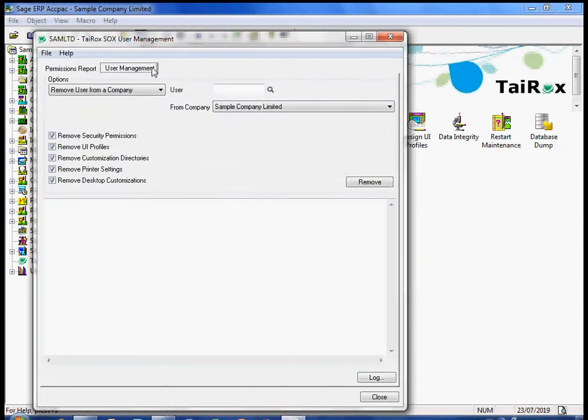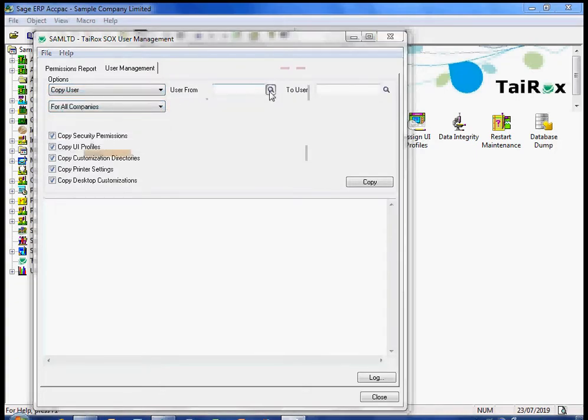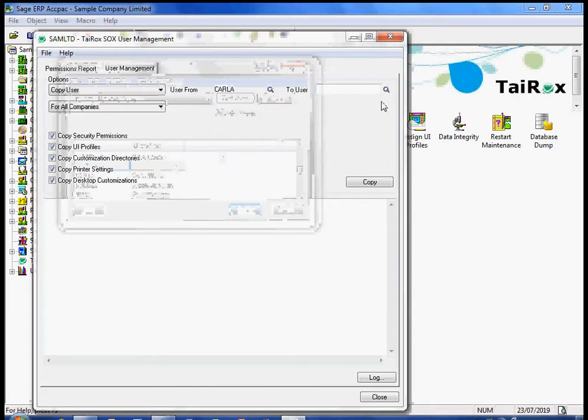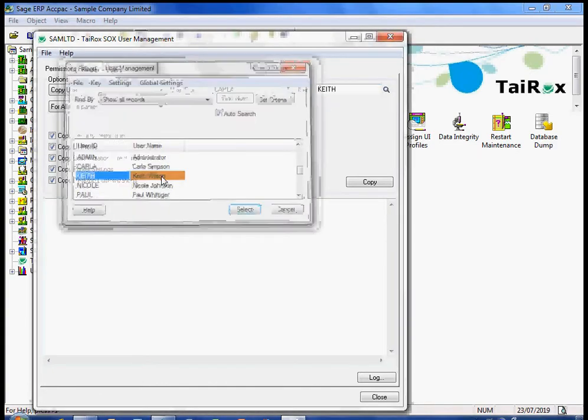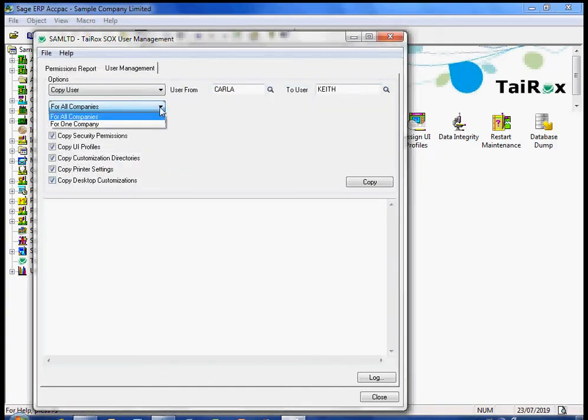The User Management tab allows us to copy or remove individual or all user permissions for a single company or all companies by selecting the criteria we wish to manage. We'll select Copy User, then Carla as our source user, and Keith as our target user. We have the option of copying the authorizations for a specific company or for all of the companies which Carla